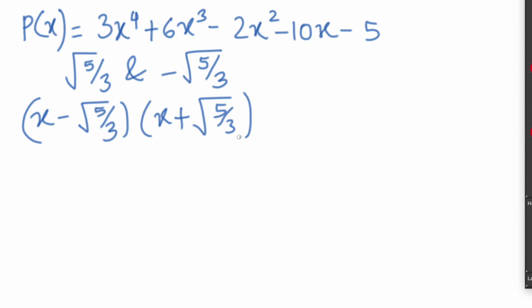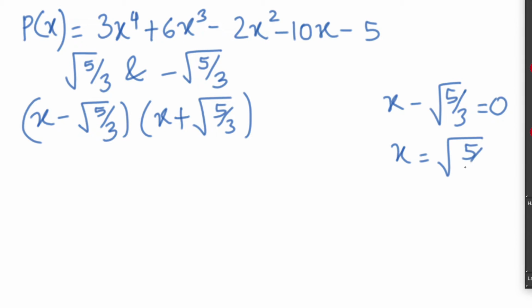As we know, to find the zero of x minus root 5 by 3, we take it equal to 0. So we get x equal to root 5 by 3, which is given in the question. From x minus root 5 by 3 equal to 0, we got the zero root 5 by 3. That's why we have taken x minus root 5 by 3 for the positive zero and x plus root 5 by 3 for the negative one. Now we have to multiply these two